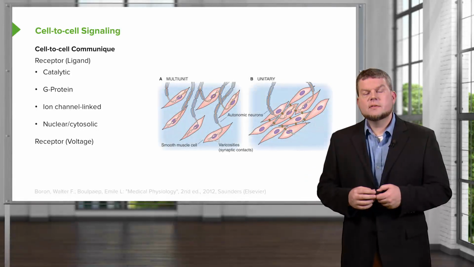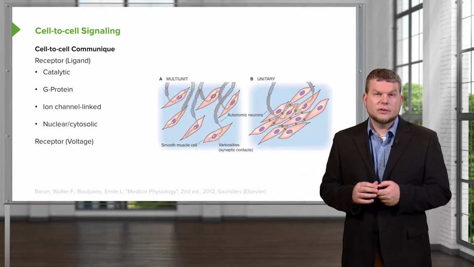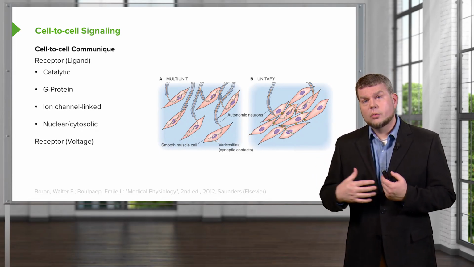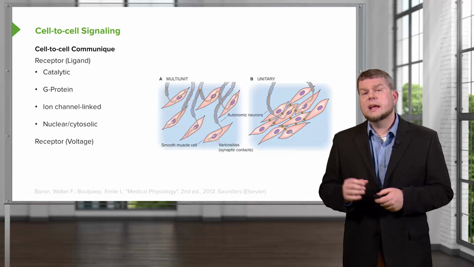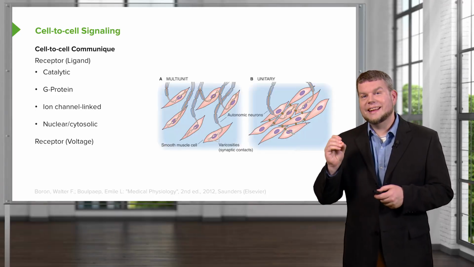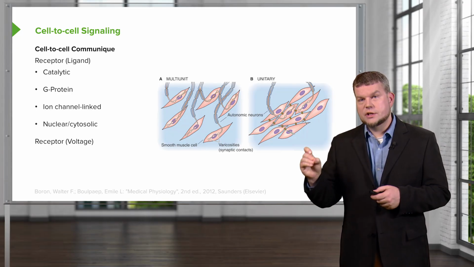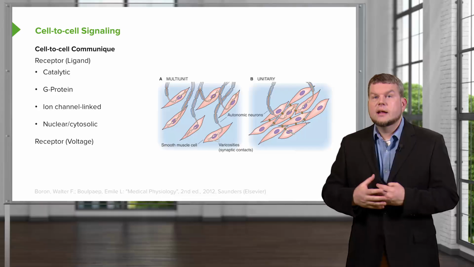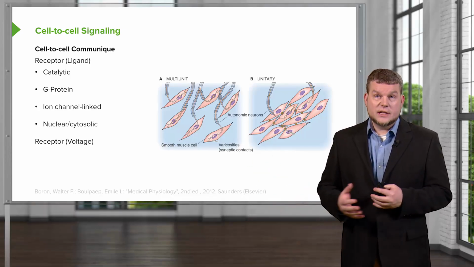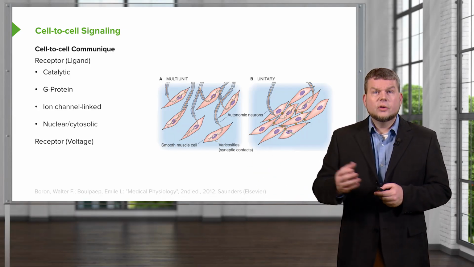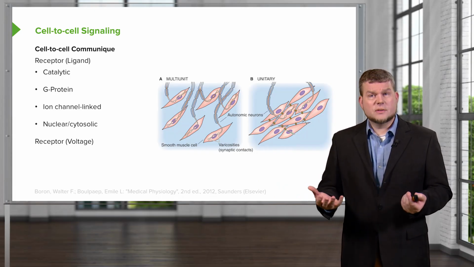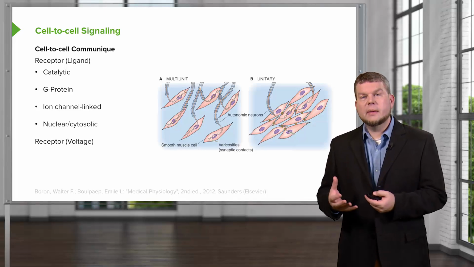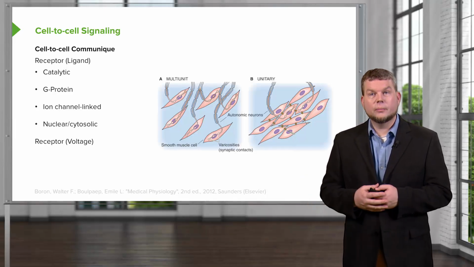The last type of cell-to-cell communication that we need to deal with here doesn't involve a ligand. And that is, you can have direct contact between two cells, and usually it's sharing electricity or a voltage change. These kind of voltage changes allow for then tissues to work in coordination with each other. So a good example of that are smooth muscle cells. You need to have smooth muscle cells contract in a coordinated manner to do useful work for you.